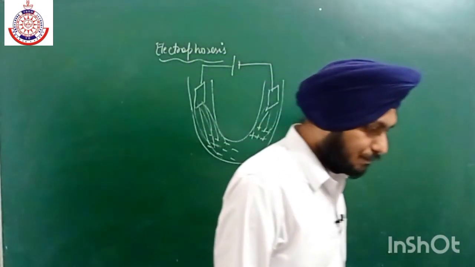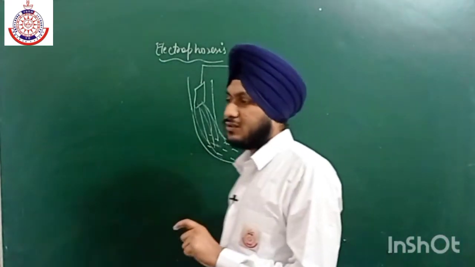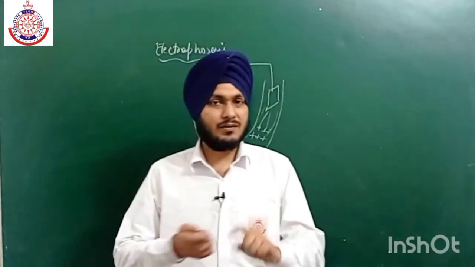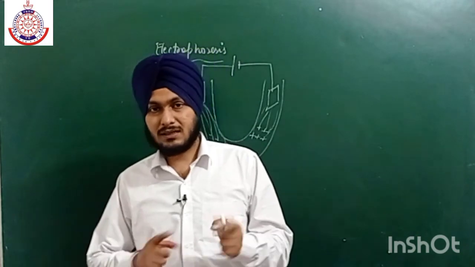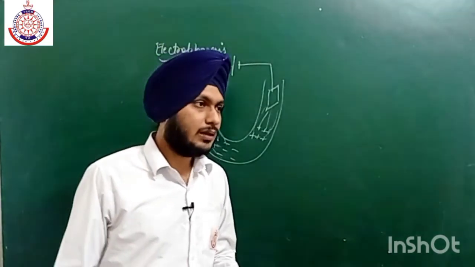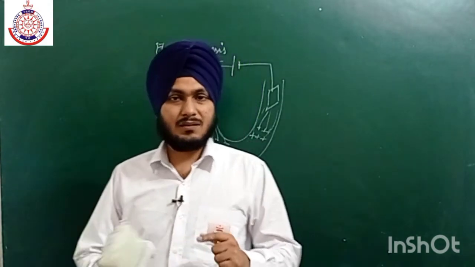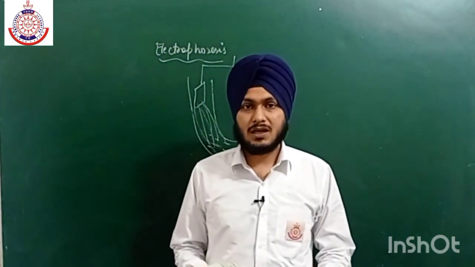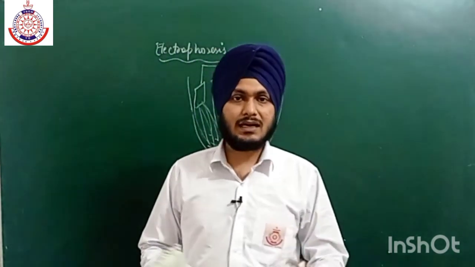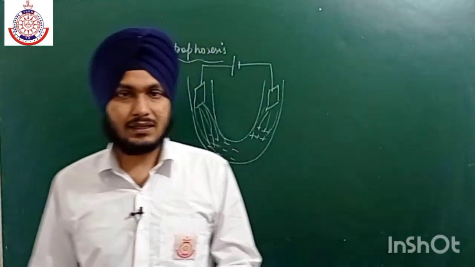Actually, the main cause of stability of a colloidal solution is the charge. If they have charge, then there will always be repulsion. For example, if you talk about As2S3, all the particles have negative charge, so they will repel each other, and that is why they keep moving all the time and no coagulation takes place. But if their charge is lost, there will be no repulsion, and there is a tendency to get coagulated easily.